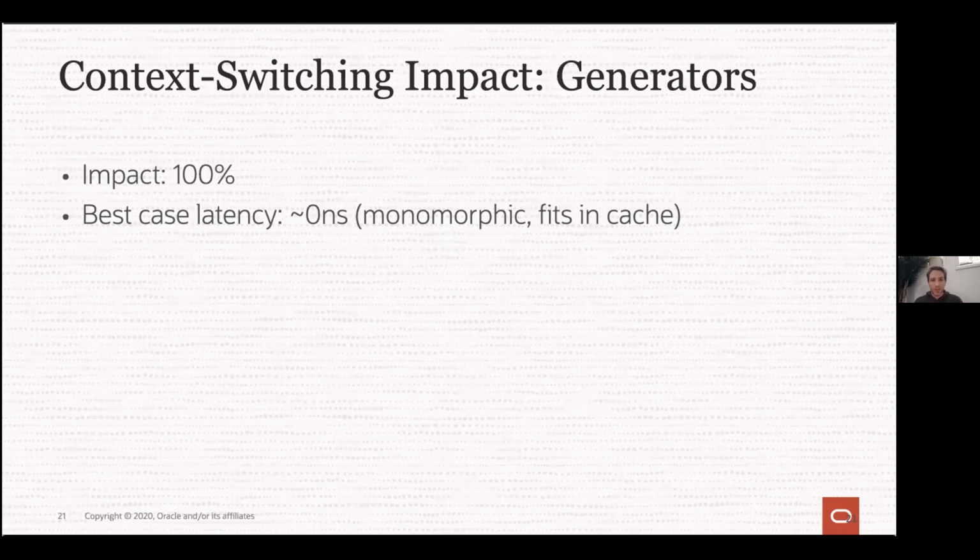And that's because the relationship between the producer and the consumer is monomorphic. In the producer, you often know exactly who your consumer is, and in the consumer, you often know exactly who your producer is. So employing the mechanism of resizable stacks for this use case can be unhelpful.